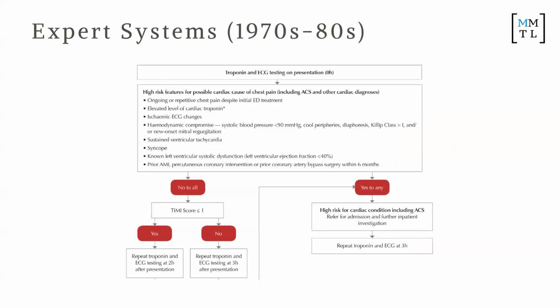People started realizing that humans have a lot of heuristics, a lot of rules in how they think about things, right? And so they started to actually try and put these rules down into computer systems. For example, we talked about the ACS protocol. It was this sort of stuff where you basically program a giant if-else statement, right? And so people got really excited. These were called expert systems. This was really big in the 1970s and 80s.